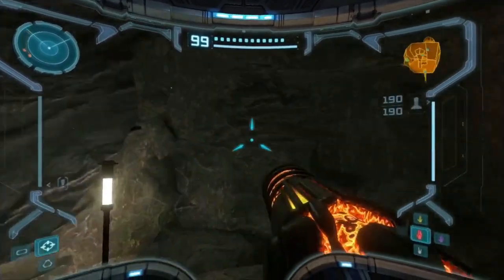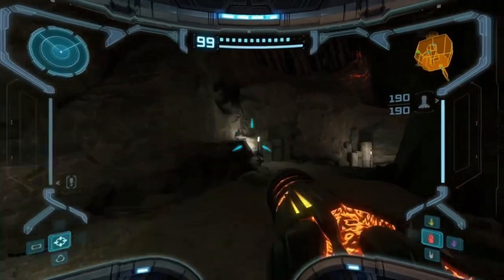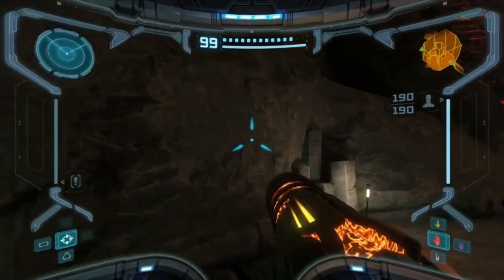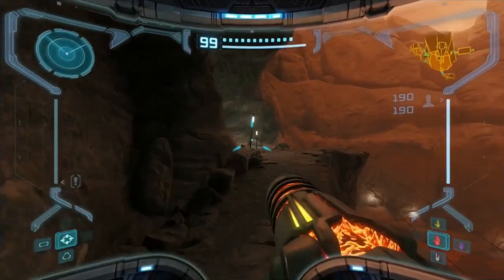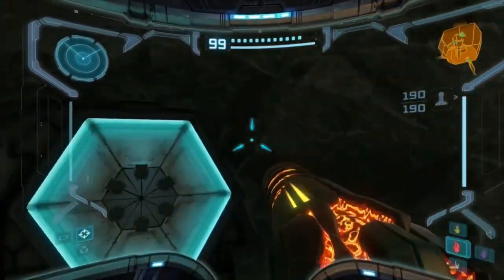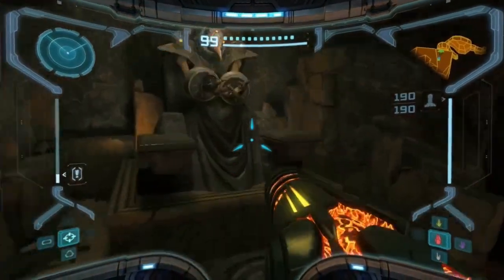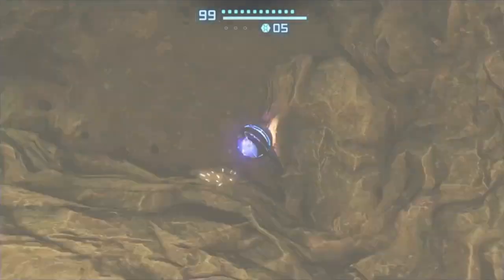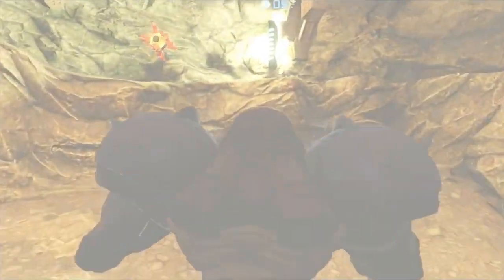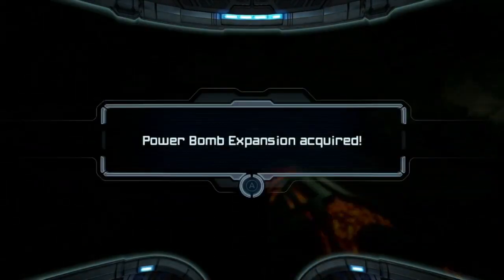Way back when, we collected an artifact in the warrior shrine up here. But we also saw that our old arch nemesis Bendezium was blocking something. So at last we can go back. Through we go, over we go, and drop a power bomb. It destroys that grating and we get one power bomb expansion, which drops us just where we need to go,